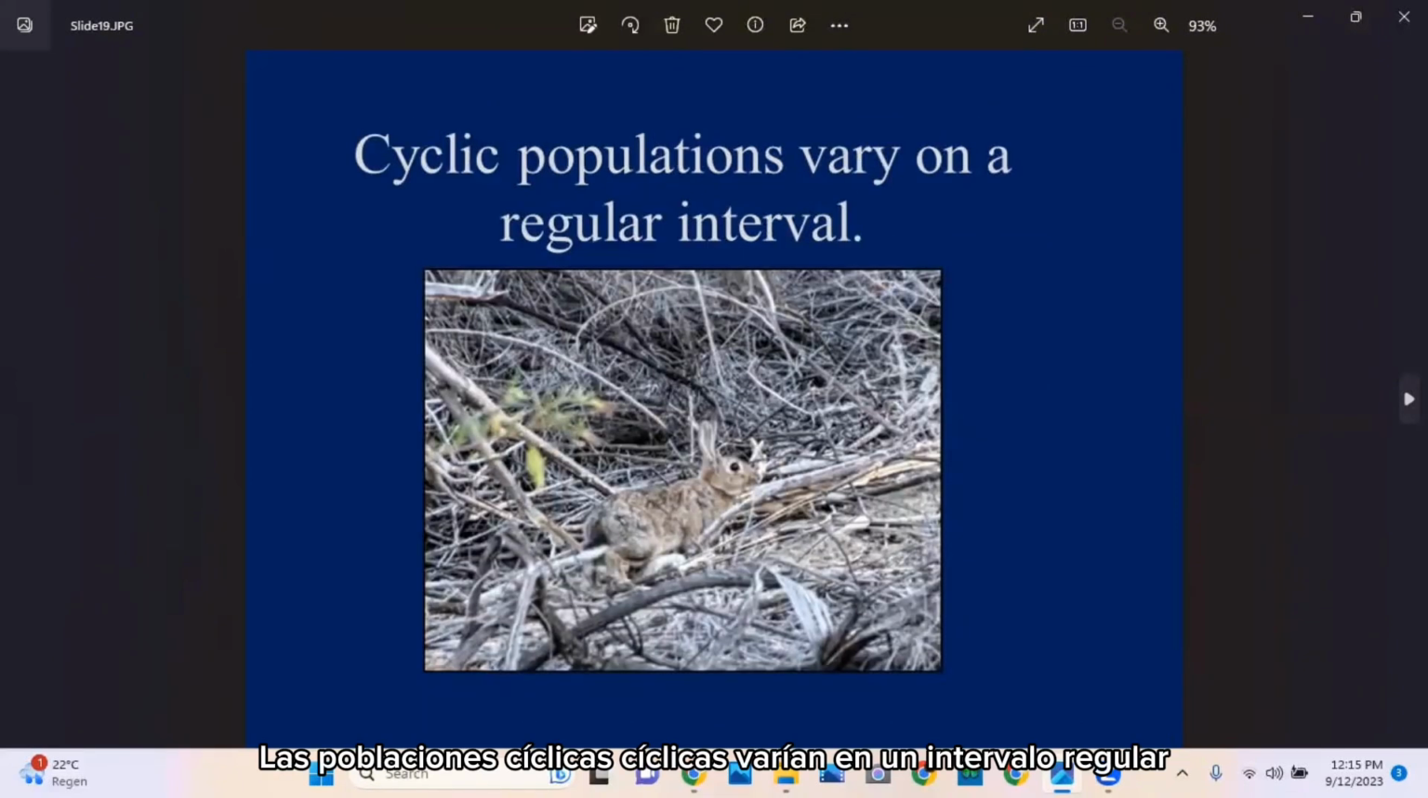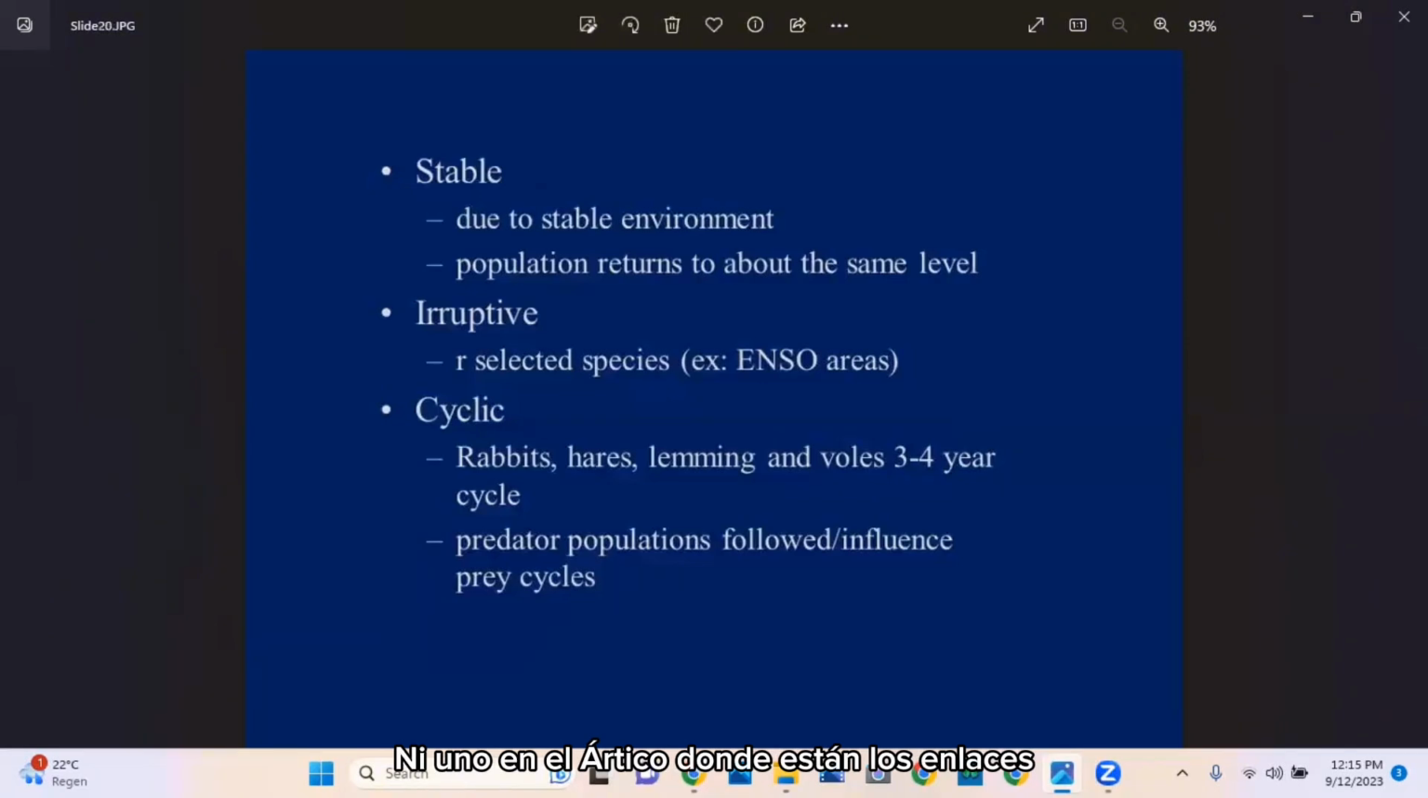Cyclic populations vary on a regular interval. El Niño-driven ones, these J-K ones, are eruptive; it's not on a regular interval. The hare and the lynx are up and down at a regular interval. I'm thinking that might be a picture of a hare from our station, not one in the Arctic where the lynxes are,